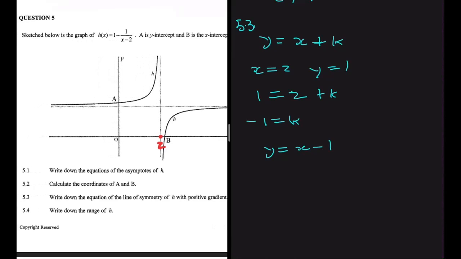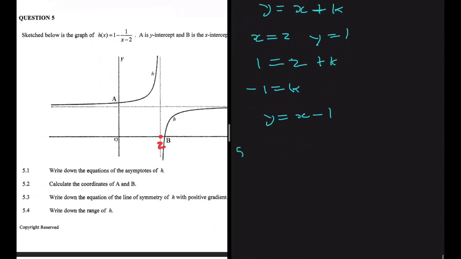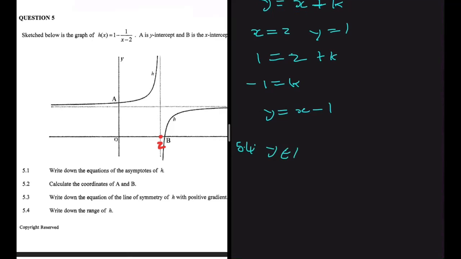It's pretty much straightforward. And then 5.4 is saying, let's write down the range of h. y is an element of the real numbers, but y is not equal to 1. Because in 5.1, when we were talking about the horizontal asymptote, we said that y should never be equal to 1, right? Everywhere else our graph touches